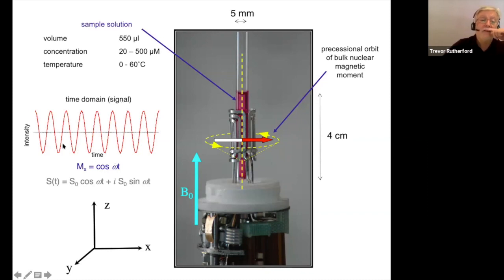I should say that strictly speaking, the magnetization of the X component is described by a cosine wave in this particular case. But since I've written the term signal here, it's worth saying that the signal itself would also contain some contribution from anything that is in the orthogonal direction, in the Y direction as well. So strictly speaking, the term for the time dependence of the signal would be described by this, but we're approximating it at the moment as a signal that is oscillating with a cosine